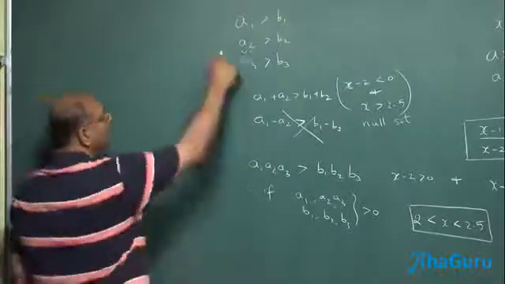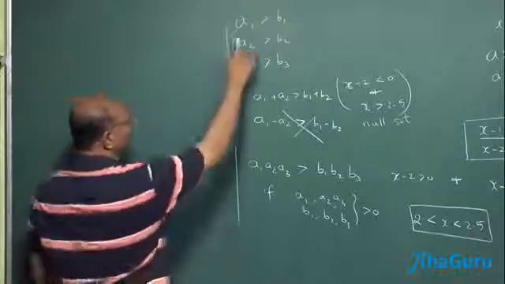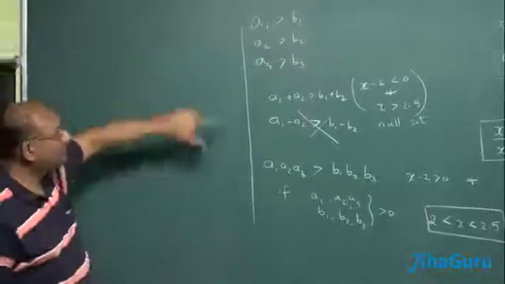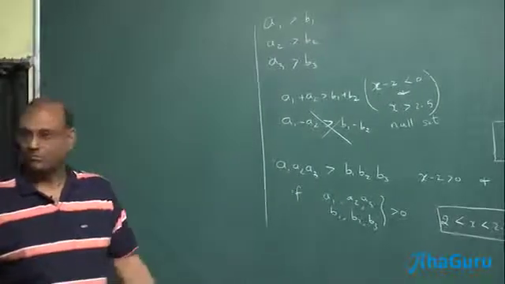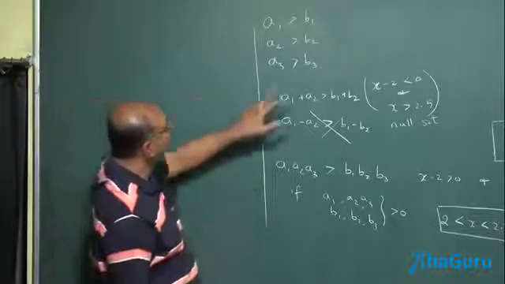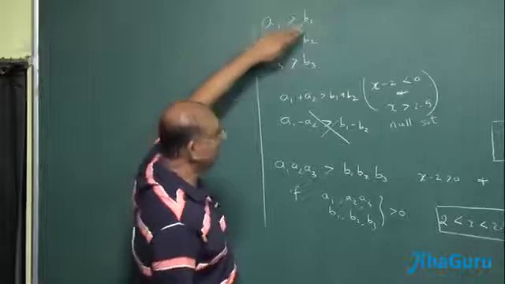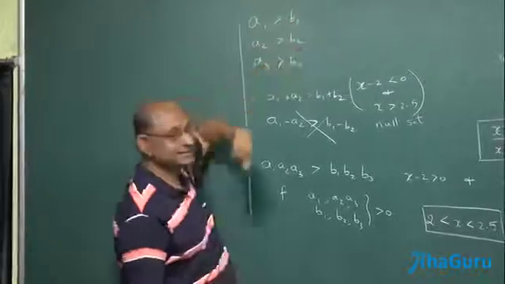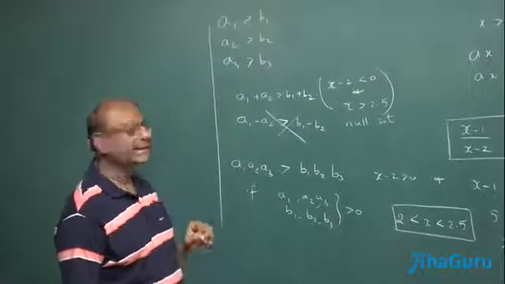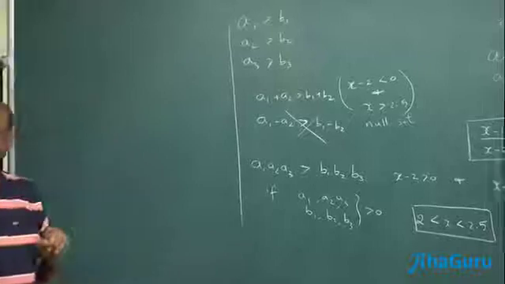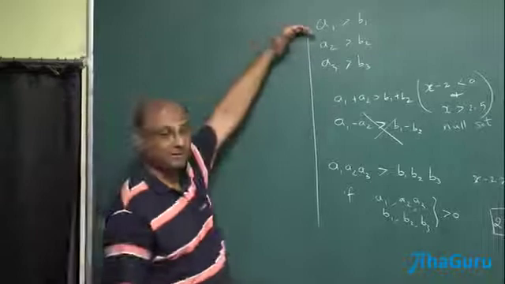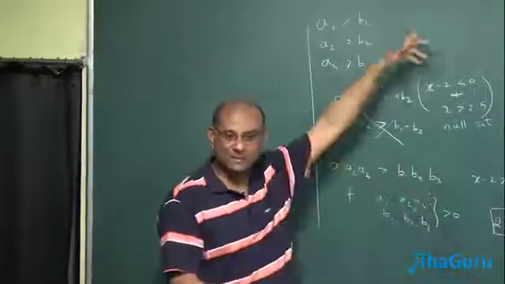Okay. So what about division? Suppose I said A1, B1, A2, B2 were all positive. Can I say A1 by A2 must be greater than B1 by B2? No, that won't work. But can I do something else? Product I can do. Can I do division like this? Can I say A1 by B2 must be greater than B1 by A2? Yes. If they are all positive, you can. Because a bigger number by a smaller number is greater than the smaller number by the bigger number.